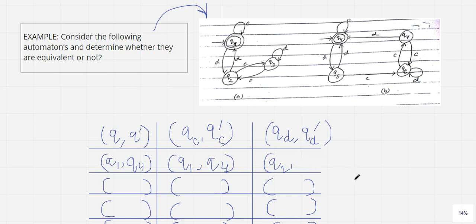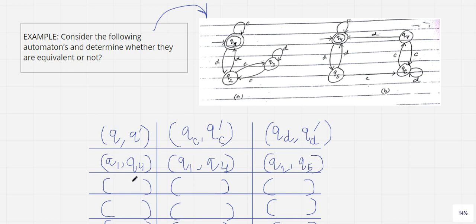Okay, Q5. Now you have to look into one thing, that after scanning this you have to check whether Q1 and Q4 are a non-final final pair or final non-final. No. Q1 and Q4 are both final, so we can proceed forward. Q2 and Q5 both are non-final, so I can proceed forward. I just have to stop at that moment when I find a final non-final or a non-final final pair. Okay, now I'm done with this.